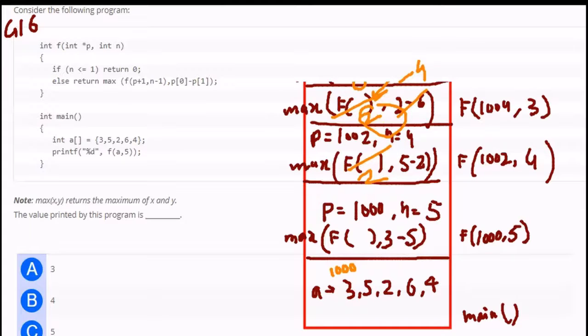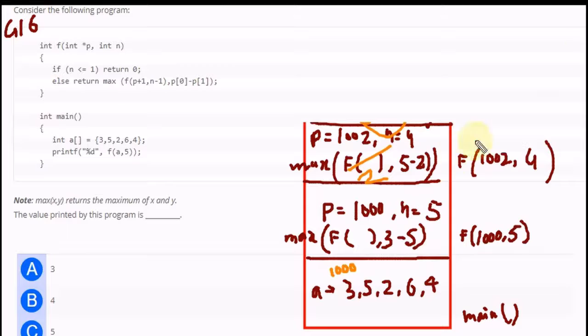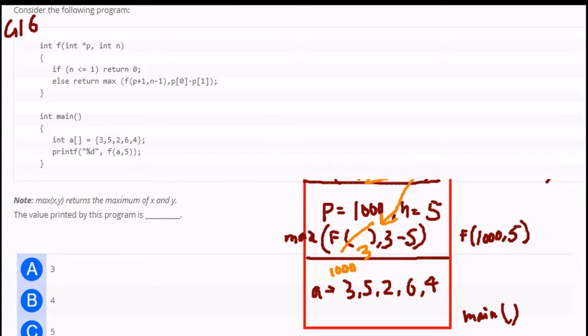Now this function will be popped out from the memory, and now this 2 and this value 3. The maximum of 2 and 3 is 3, so 3 will be returned from this function, and now this function will be popped out from the memory. Now the value returned will be the maximum of this and -2, so 3 will be returned to the main function.